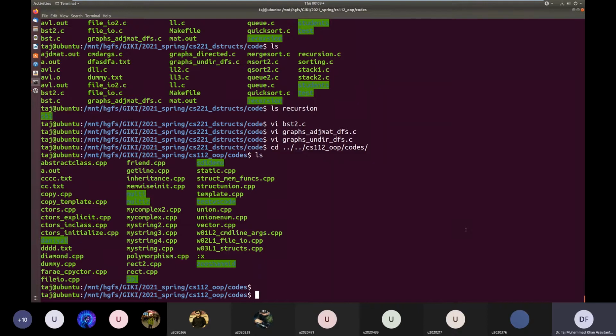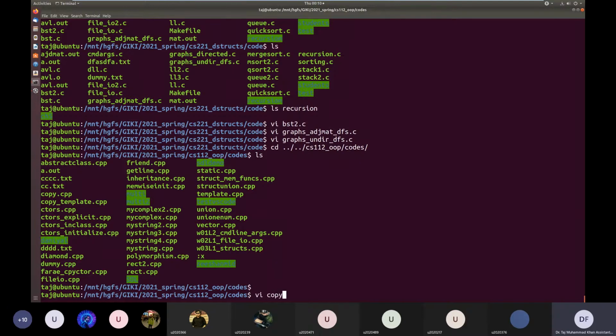And not only does it save you the effort of duplication, but it also reduces the risk of bugs, because whenever you want to change anything in that code, you would have to make that change in all the copies. But the advantage of having a template is that since the template is located at only one location, if you make a change, you make that change at only that one location. So let me open the file that we had.